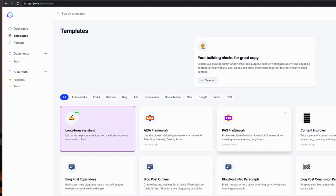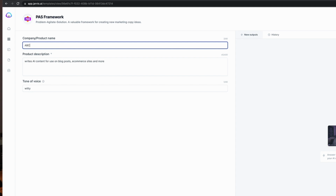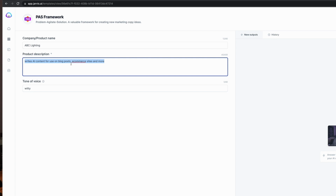So I'm back in Jarvis, and this is another one that I really like, the PAS framework, Problem, Agitate, Solution. This is a great one for writing introductions. You can use it for email marketing, you can use it for social media. There's lots of different things. So let's imagine we have, I don't know, a lighting company. So let's go with something like ABC Lighting, and we'll write a description of the product, which would be